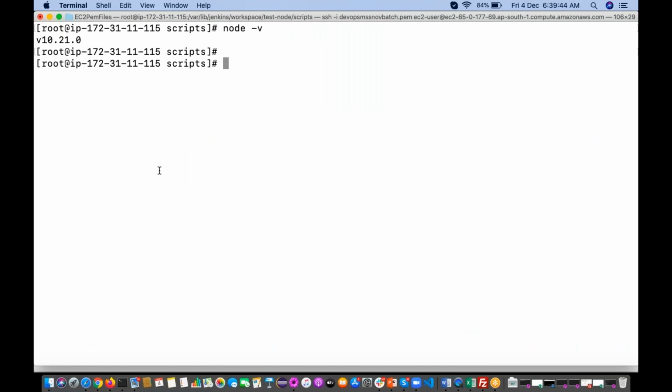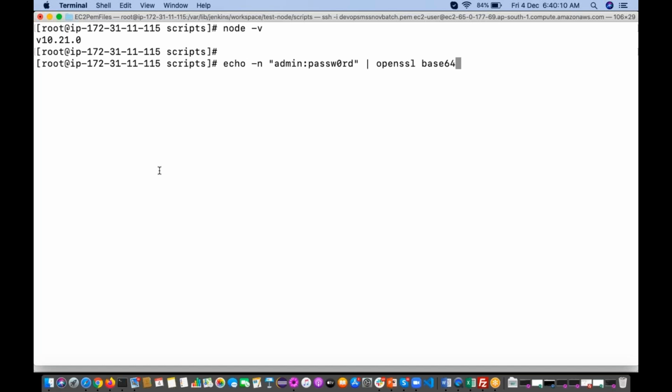Just execute one command, echo -n. Within the double quotes, give the username, so admin:password. Then I'm giving this output to OpenSSL base64 encode format.